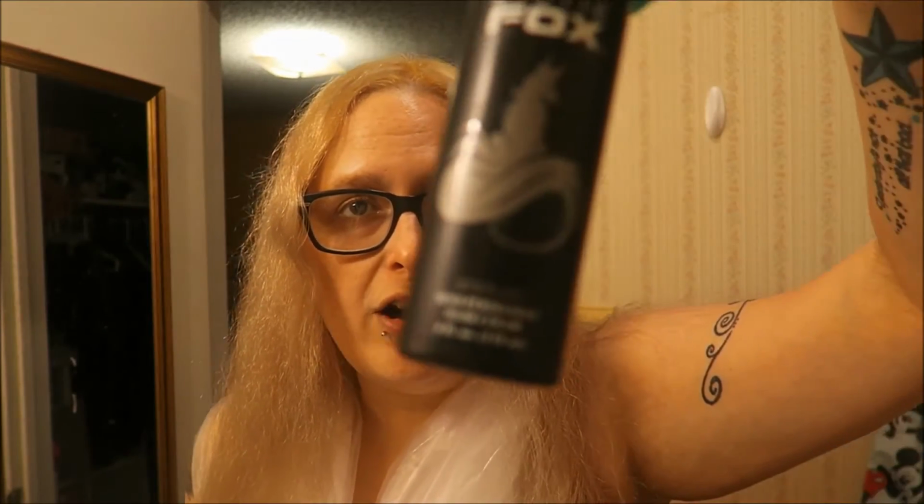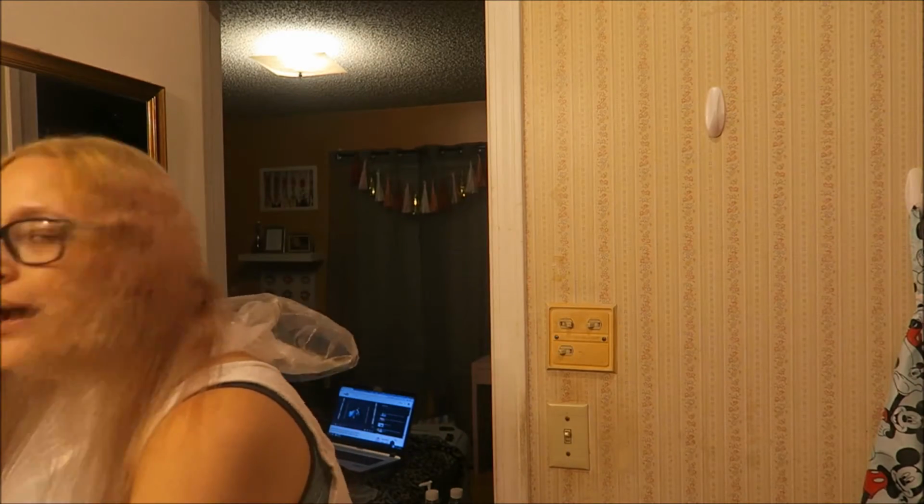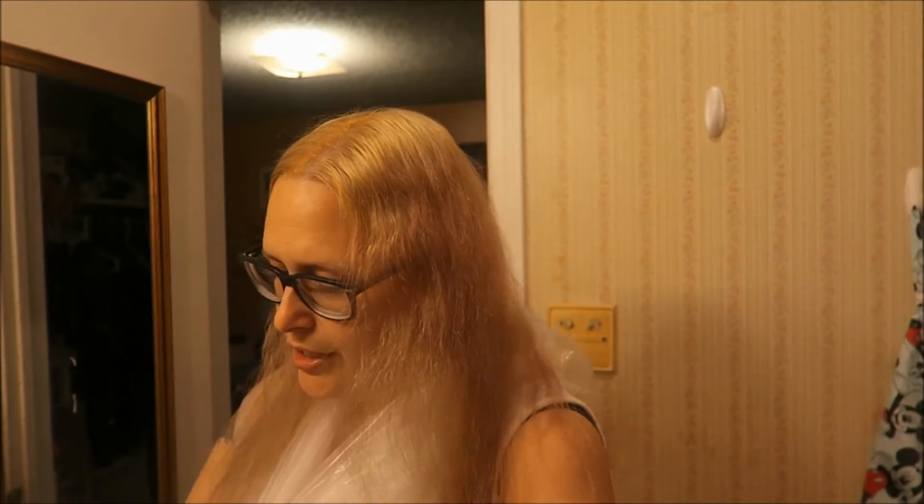My hair is fully dried and I love the color, but I don't want this to be my color. So I am gonna mix a buttload of Arctic Fox's Sterling and just a little bit of Girls Night, just to give it a little bit of extra color, because I'm still apprehensive about whether or not just pure Sterling will be as dark as I want it to be, because I don't want it to be this light. I want it to be at least 4 or 5 shades of a darker silver gray. So I'm gonna put